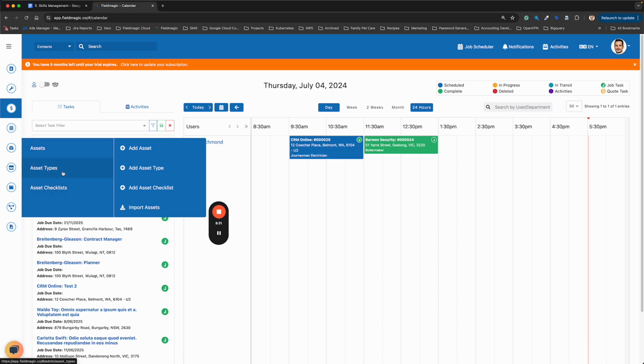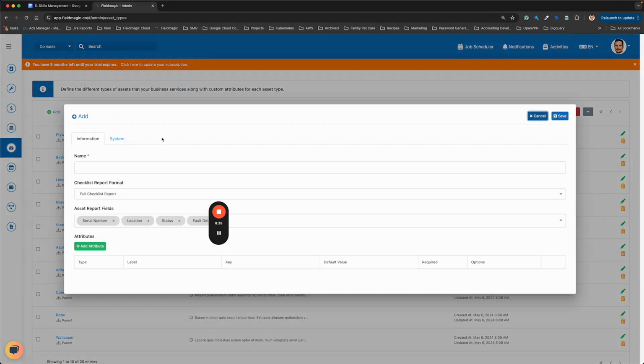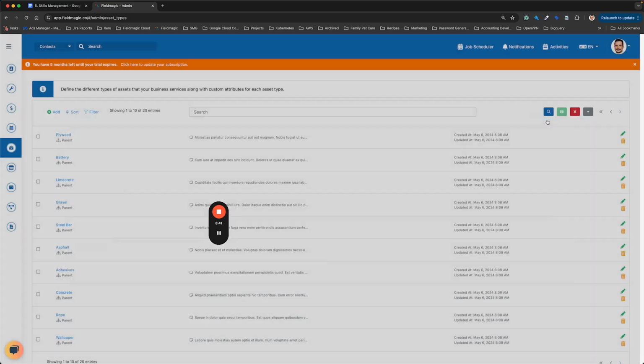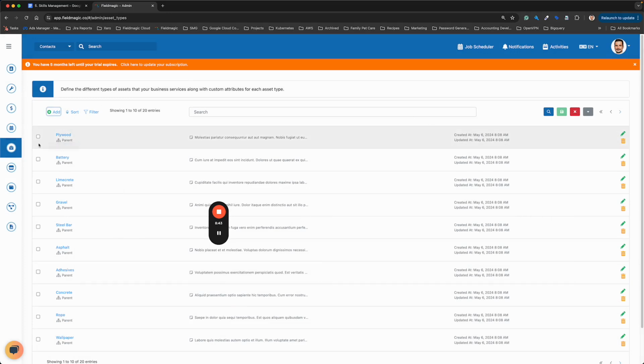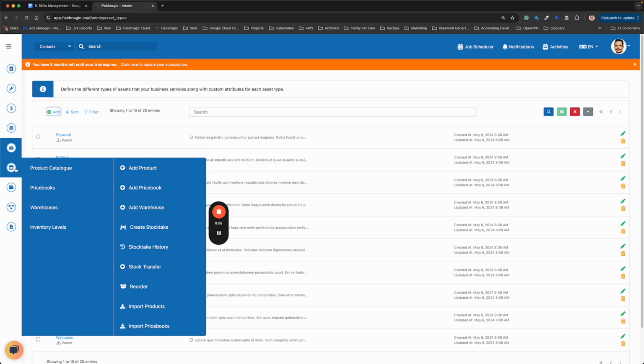So we define the asset types, where we can define the custom attributes for each asset type, as well as how often those asset types are serviced and what the inspection checklists are for each of those asset types according to the standard that we are working against. Okay, the product catalog,